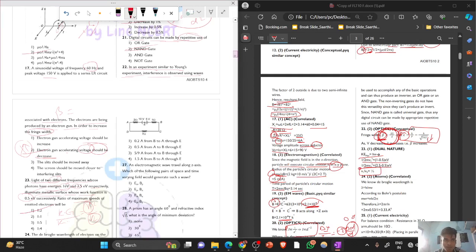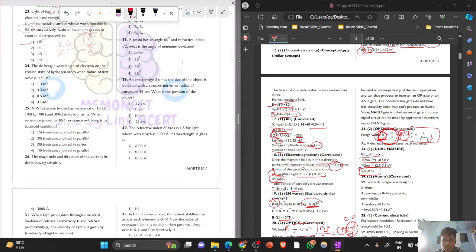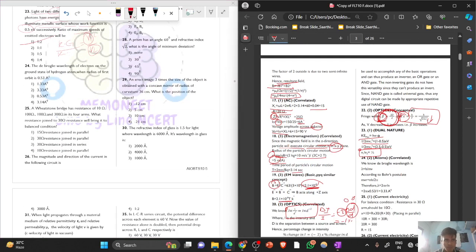Now moving ahead. The de Broglie wavelength of an electron in the ground state of hydrogen, where the radius of the first